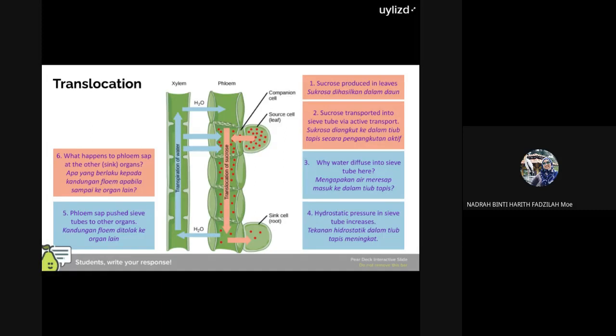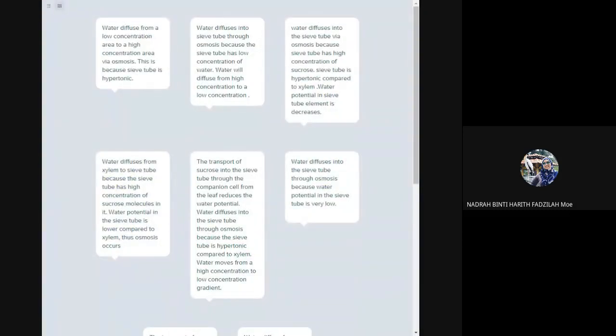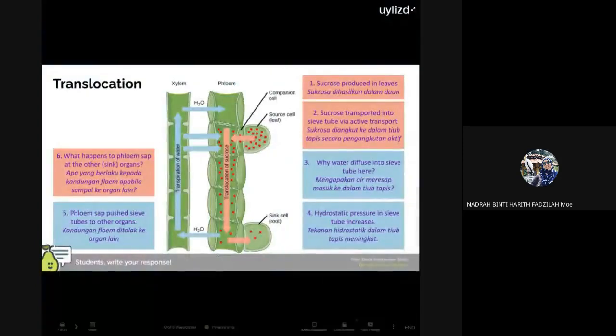Saya tunjuk respons dulu ya. Okay, apa yang berlaku? Bila sampai dekat akar, apa yang berlaku? Bila sampai dekat akar, okay, when it arrives at the root region, tadi daripada leaf masuk ke dalam sieve tube, active transport kan? So, bila sampai ke akar, sucrose will be transported into the root via active transport juga. So when the phloem sap arrives at the sink organ, such as the root ke, growing shoot ke,